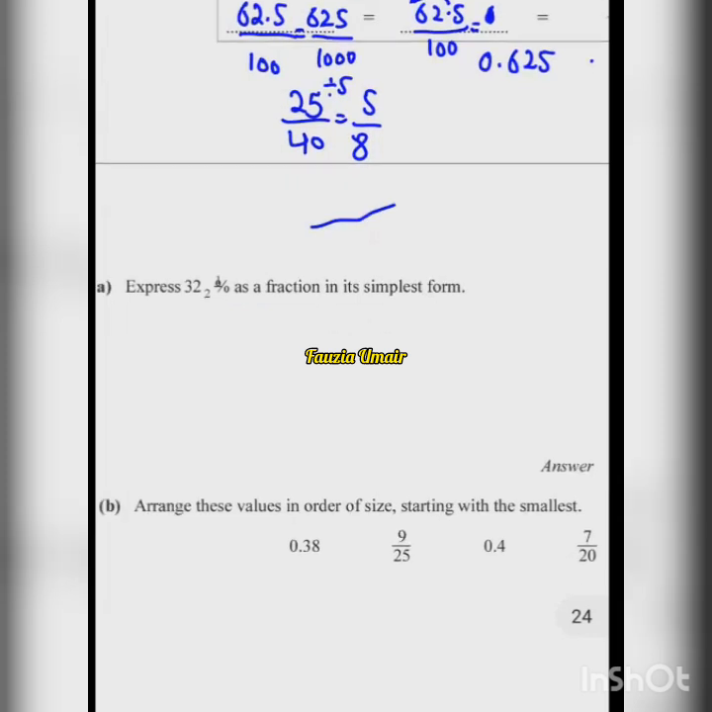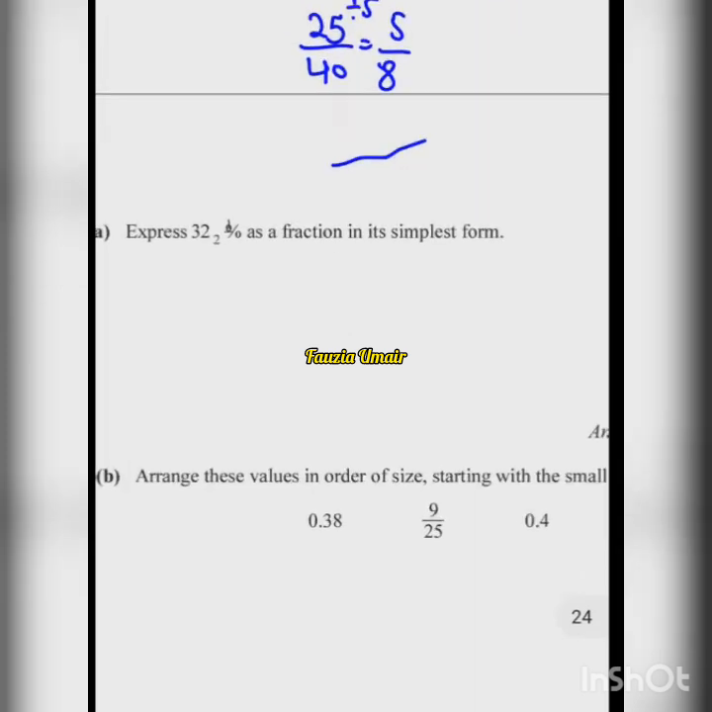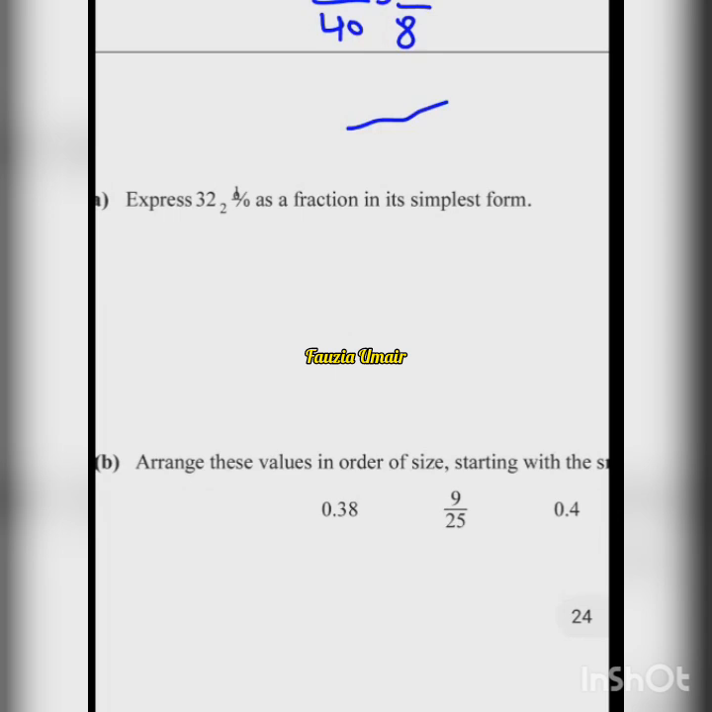So next is again a knowledge-based question. We will just complete this document as quickly as possible. 32 holds 1 by 2 as a fraction. So because we need to change it into fraction form, so we will just say, okay, it is